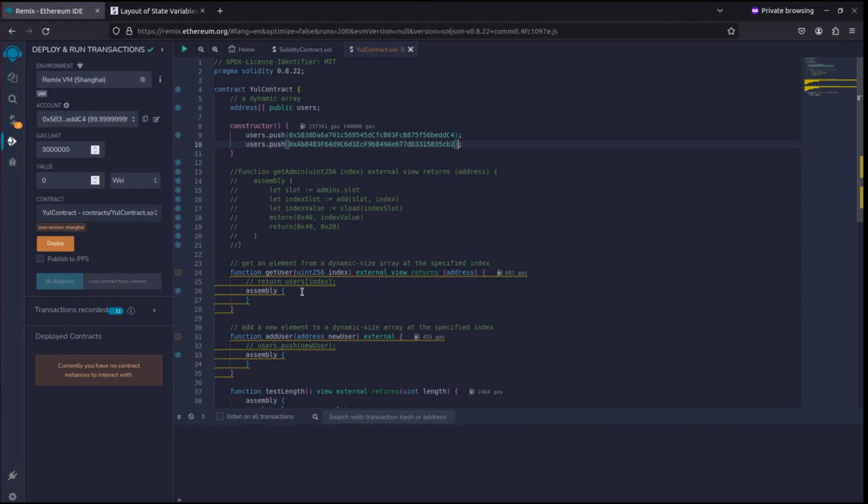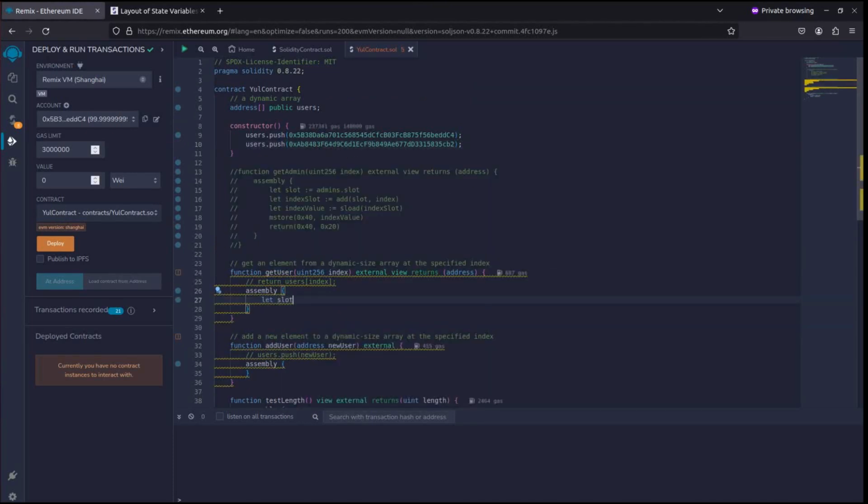So let's get started with the getUser. What did we do first in the getAdmin? Well, we got the slot, and this is exactly the same, users.slot. And now is where things get already different, but also interesting. Since these are dynamic arrays, and their size is variable and thus unpredictable during compilation, the actual storage pointer is